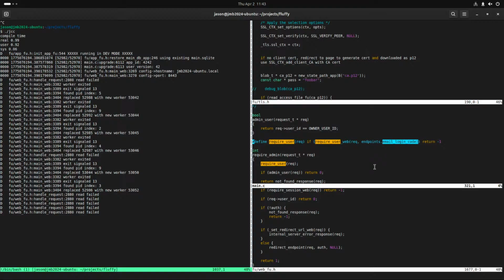And the client certificate will be linked to a user. And you could have multiple client certificates to then look up the user. So I guess when I open the